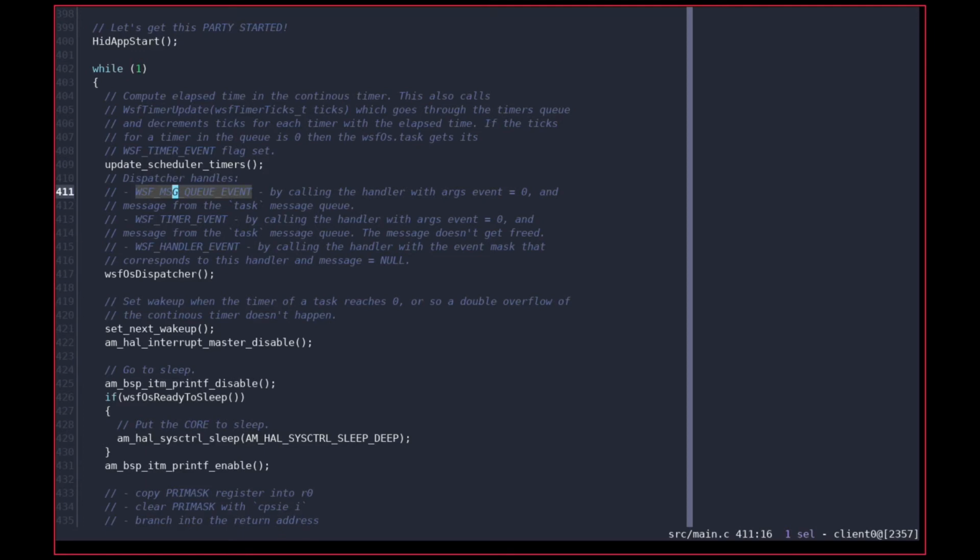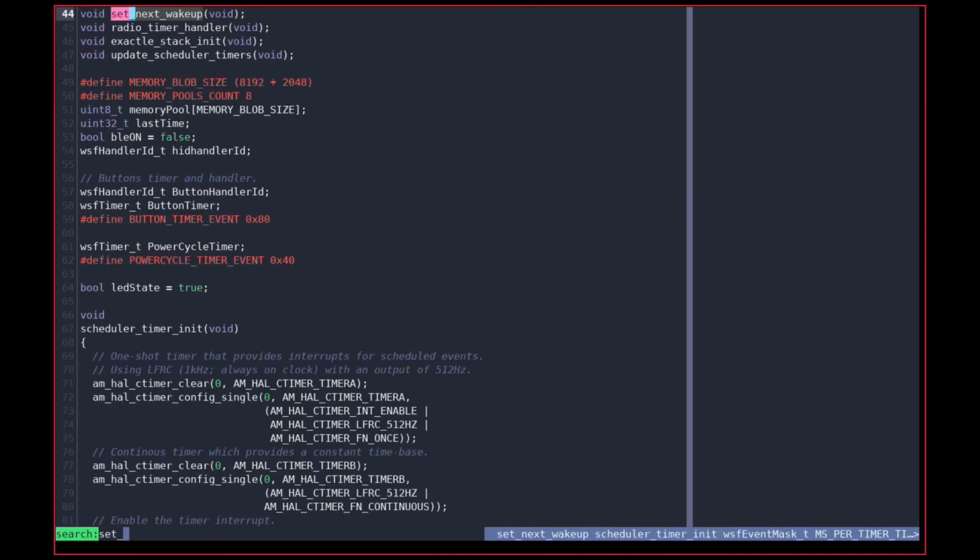I'm gonna go through it in more detail when I get to going through the OS itself. Then there is the timer event, just what I just showed you, when the timer reaches 0. And there is the handler event, and that's when an event is set for a specific handler. We'll get there. It handles those, then it sets the next wake up,